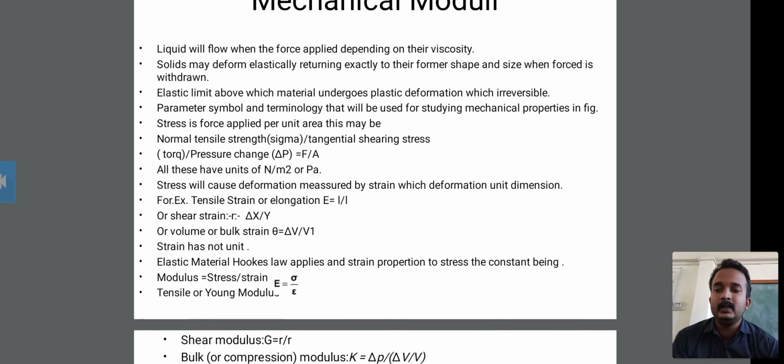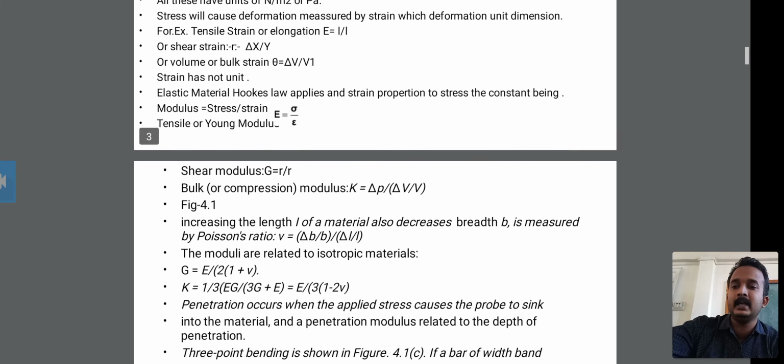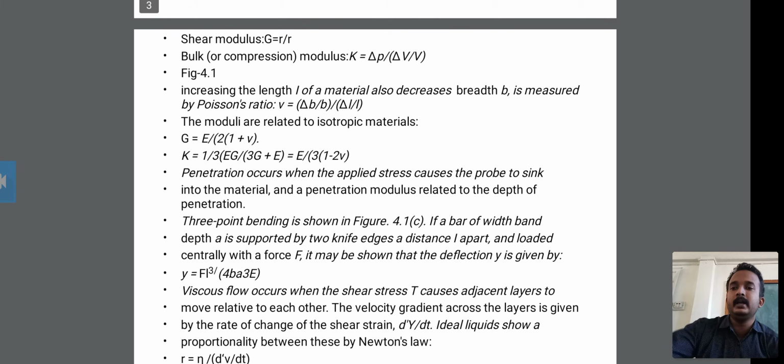Okay, then the modulus is equal to stress upon strain is equal to E is equal to sigma upon e. Okay, then the tensile or the Young modulus, then the tensile and Young modulus, therefore the shear modulus G is equal to r upon r. Therefore the bulk or compression modulus K is equal to delta P upon delta V upon V. Okay,